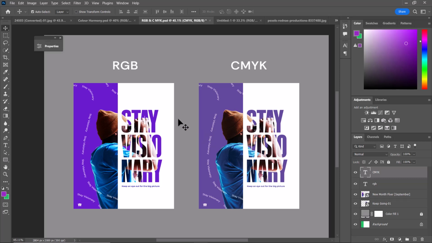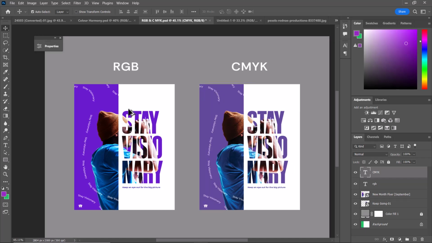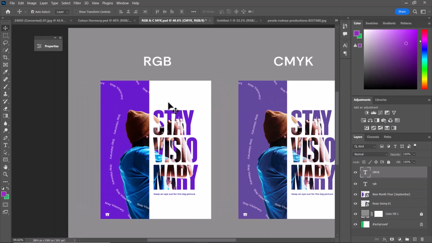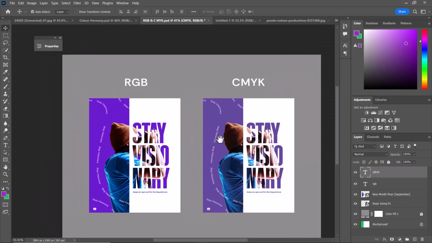the RGB colors, which basically stands for red, green and blue, are color models that primarily work for electronic displays, such as computer monitors, TVs, mobile screens, stuff like that. So when you are creating designs, that's why it's necessary to know the purpose of your design. Where is it going to be used? Where is it going to be displayed? So if it's going to be displayed online, social media flyers, stuff like that, then you can go with the RGB colors. But if it requires to be printed, you need to change it to